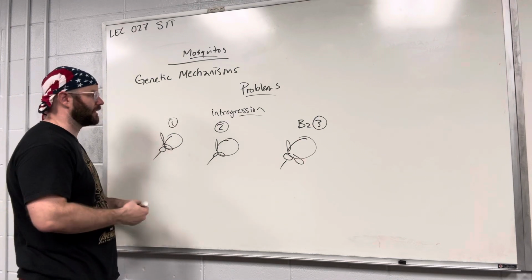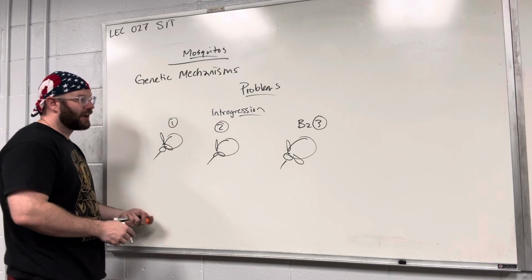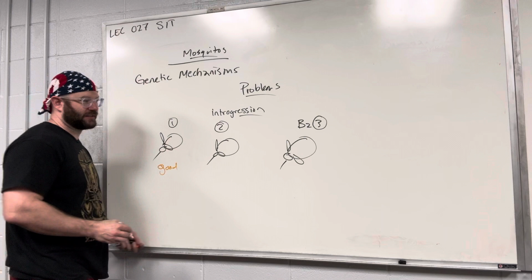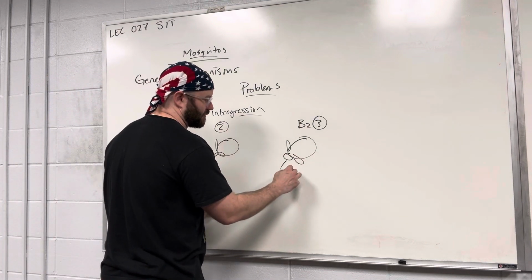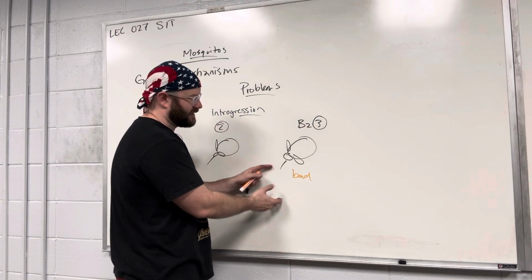That's called vector competence. So some of these might be very, very good at transmitting disease, some of these might be bad. So let's say you had strain 1 that was good at transmitting disease, and you had strain 3 which was bad. And for whatever reason, it still transmitted enough disease that you're trying to get rid of